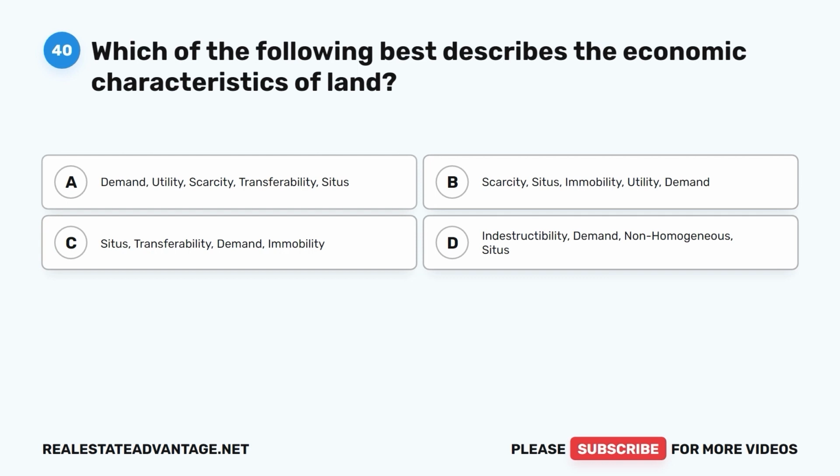Question 40. Which of the following best describes the economic characteristics of land? A. Demand, utility, scarcity, transferability, situs. B. Scarcity, situs, immobility, utility, demand. C. Situs, transferability, demand, immobility. D. Indestructibility, demand,